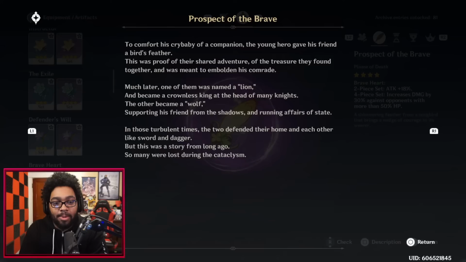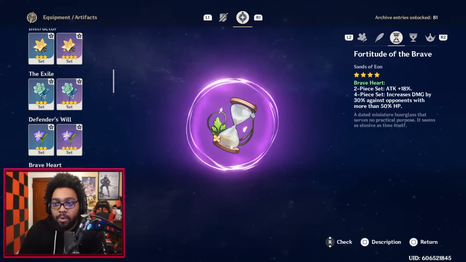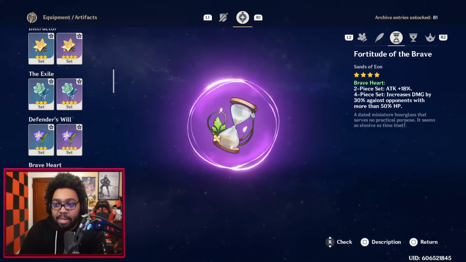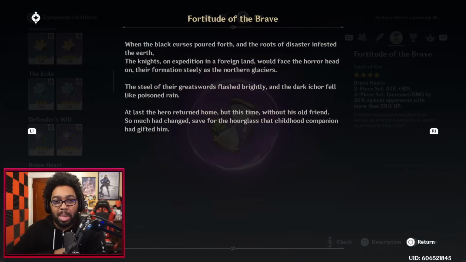the shadows. In those turbulent times, the two defended their home and each other like sword and dagger, but this was a story from long ago, and many were lost during the cataclysm, as it goes. And lastly of this set, Fortitude of the Brave. A dated miniature hourglass that serves no practical purpose. It seems as elusive as time itself. When the black curses poured forth and the root of disaster infested the earth, the knights on expedition in a foreign land